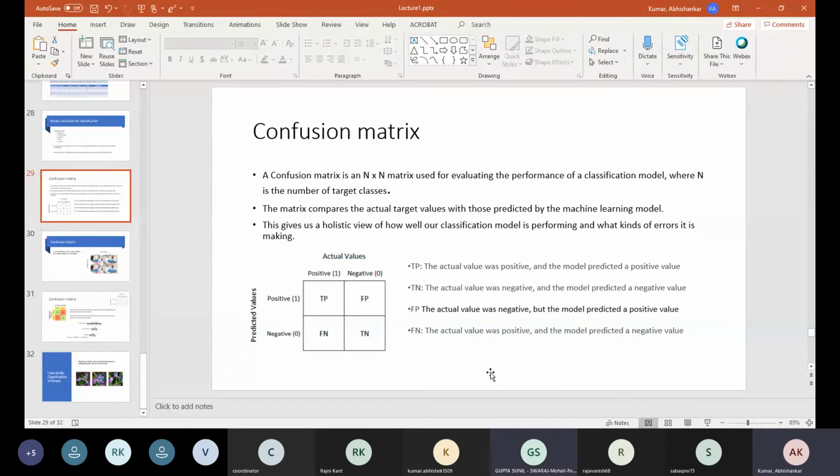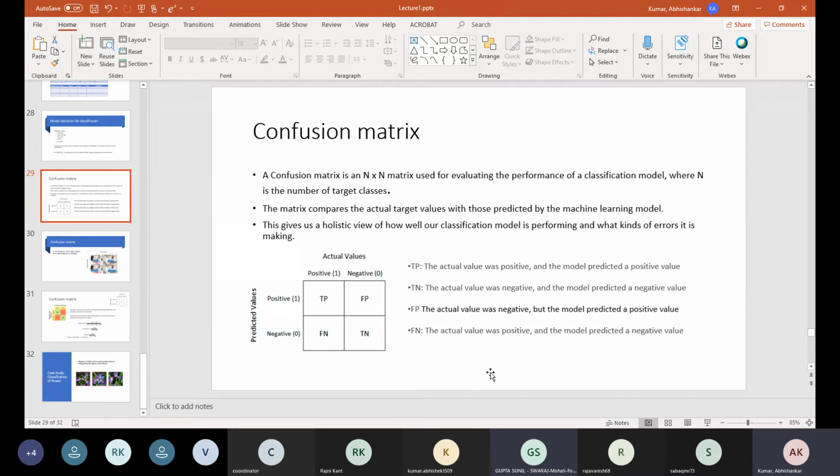Sir, confusion matrix consists of 4 sets. Yes, keep talking. True positive.